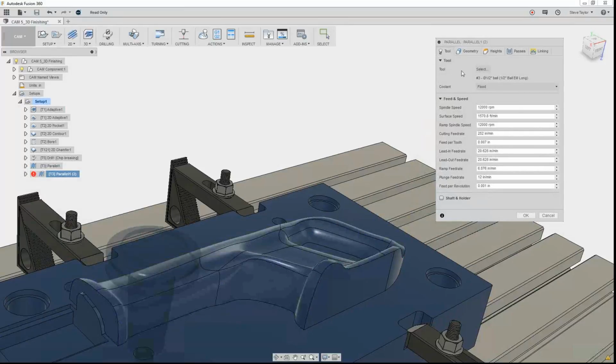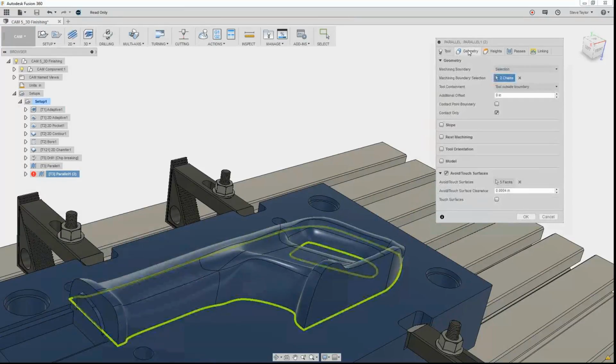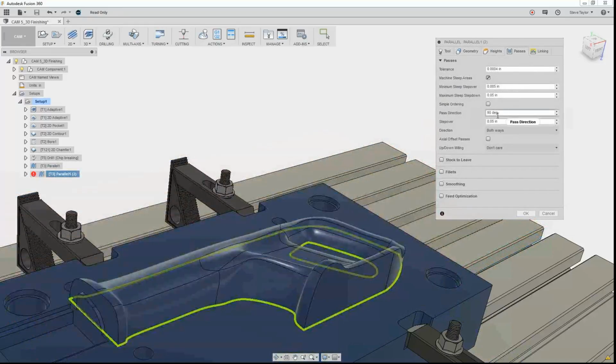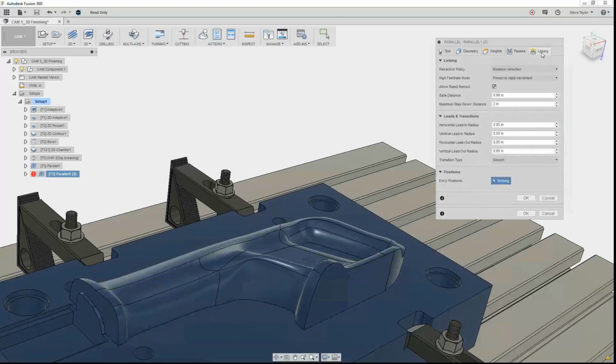I want to keep everything the same: the same tool, the same geometry, same heights. The passes though, rather than being at 90 degrees, I'm going to put that at 45 degrees. I'm just going to change the angle. I'm going to keep the linking the same. If I do OK,